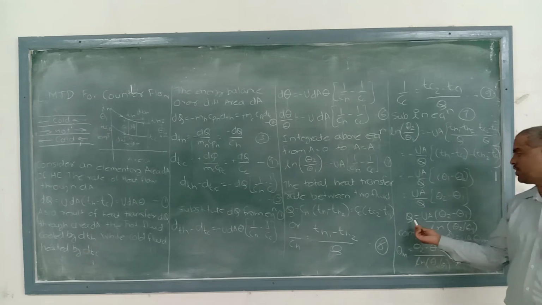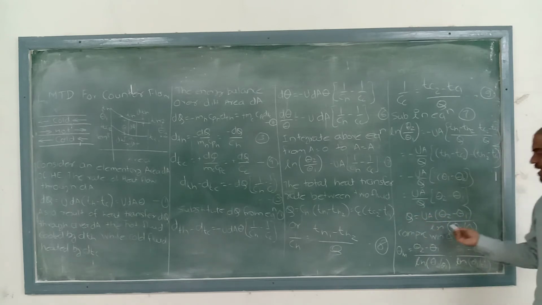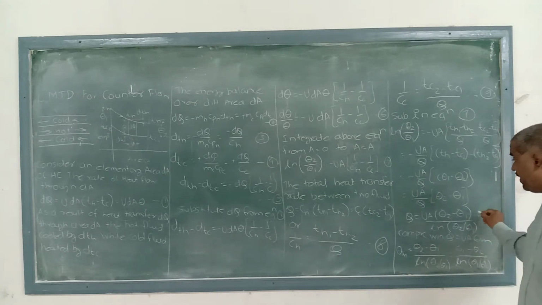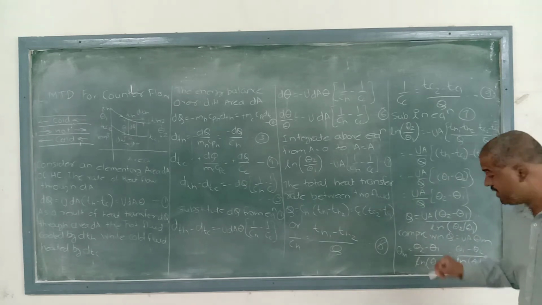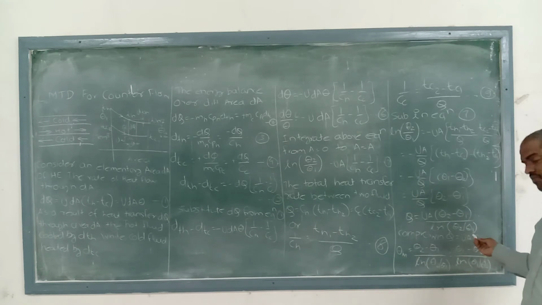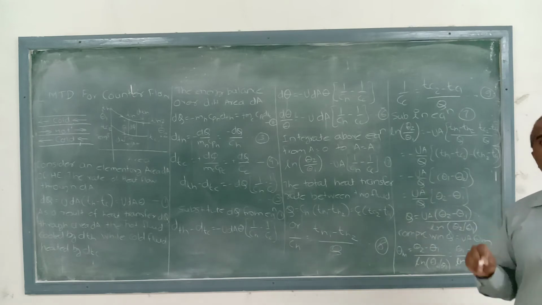So the equation becomes Q is equal to UA (theta 2 minus theta 1) upon ln of theta 2 upon theta 1. So this is the heat transfer for the counter flow heat exchanger we have calculated. But when we compare this equation with Q is equal to UA theta m, we get that Q is common, UA is common, and the remaining term is theta m,